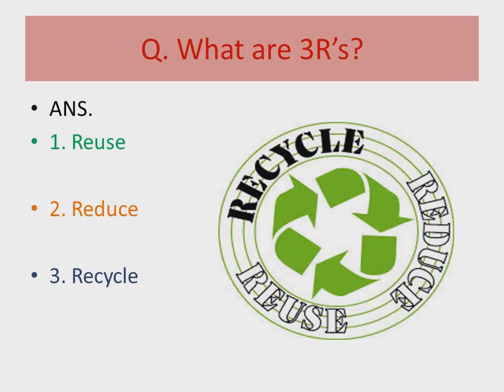Today first I will revise yesterday's work. Yesterday we studied some difficult words and we studied what are 3 R's. Again I am going to revise this. So what are the 3 R's? 3 R's means reuse, reduce and recycle. R-E-U-S-E, reuse. R-E-D-U-C-E, reduce, and R-E-C-Y-C-L-E, recycle. On the right hand you can see there is a circle and green arrows showing reuse, reduce